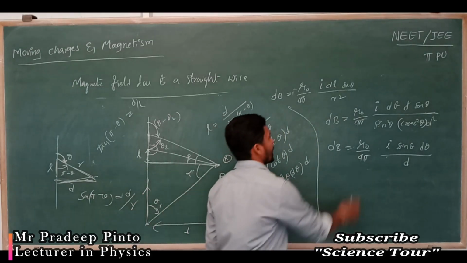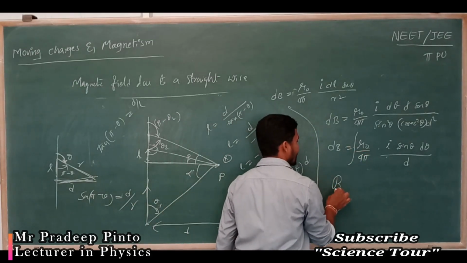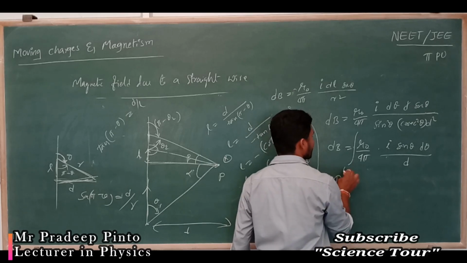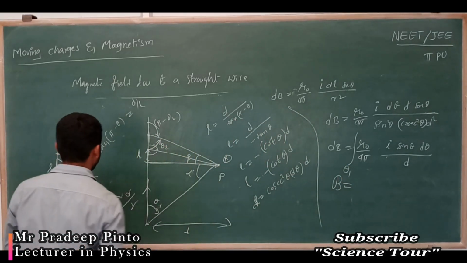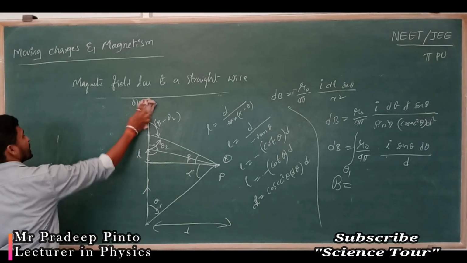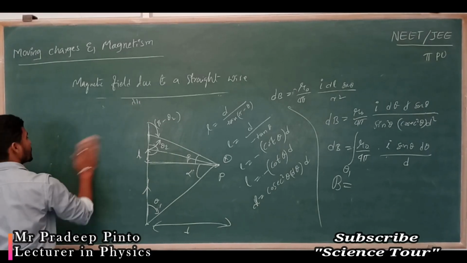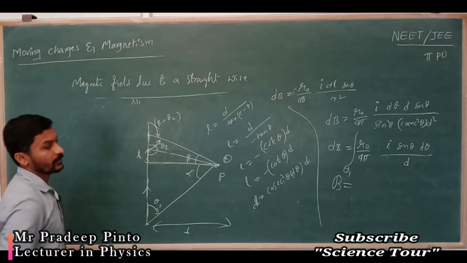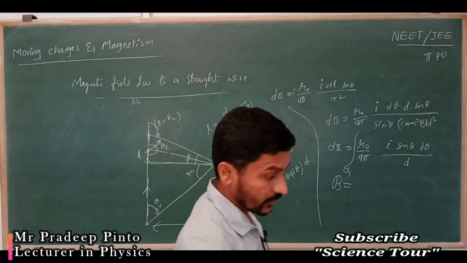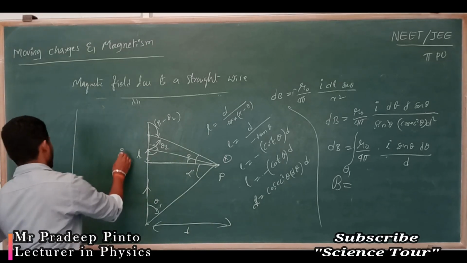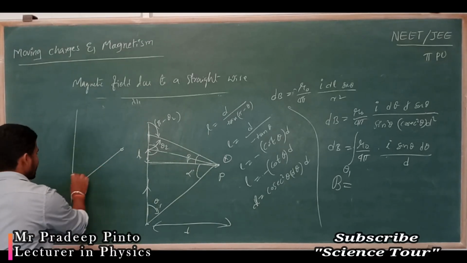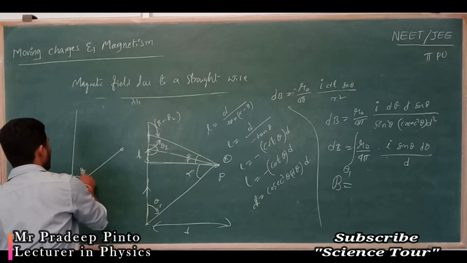Now what I have to do is integrate this so that I can get the magnetic field. You have to integrate from where? Theta 1. That is important. Listen here, this angle you have to take, that is very, very important, in such a way that it will be very useful for you when the exact problem comes. Always see this, you have taken it as theta 1. Now from where to where?